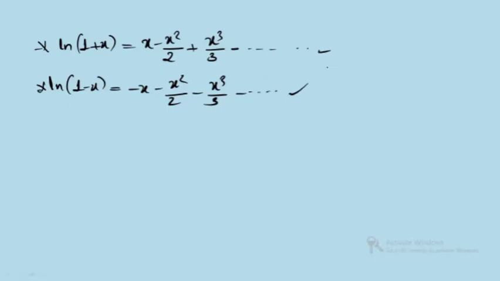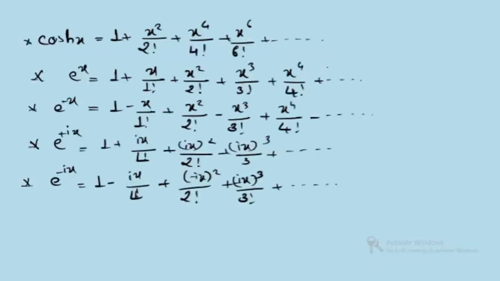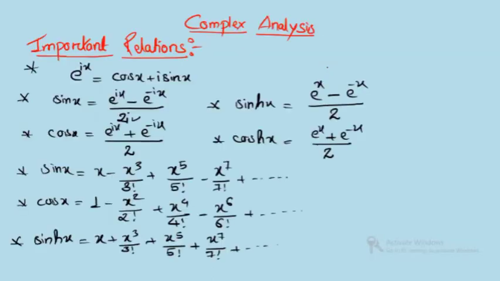So till here is clear for everyone. These are the 7 to 10 important relations, so let's have a review once again. The first important relation we have seen is e to the power ix equals what? Cos x plus i sin x. One more thing you can see here, we have already written sin x and cos x, right? So here you can write e to the power iota x, just substitute the value of cos x here.